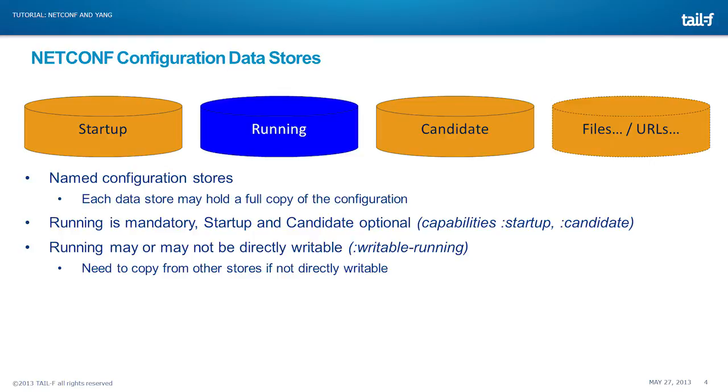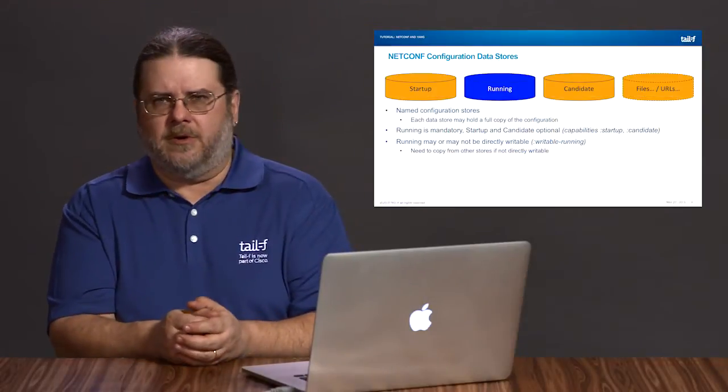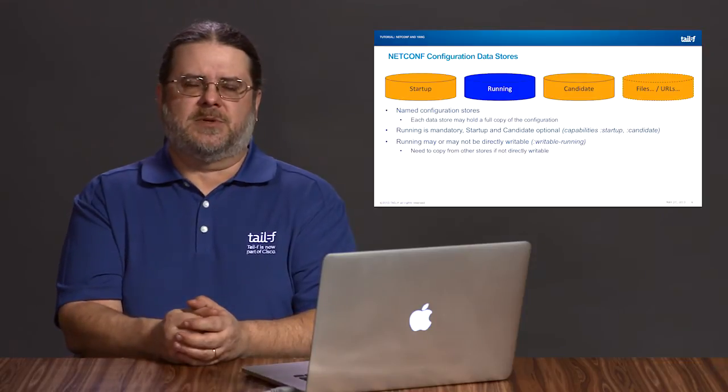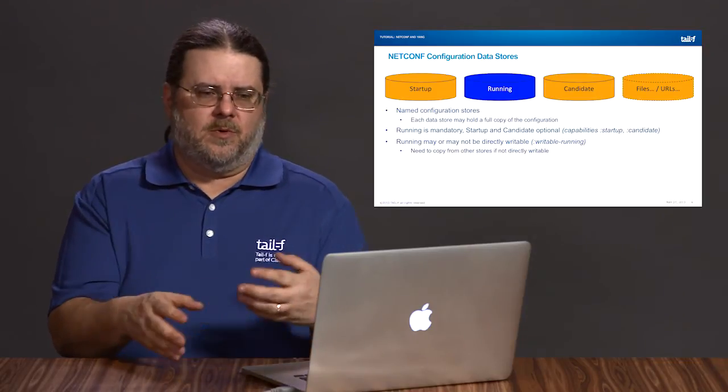Also, there's the concept of the running data store. Is it directly writable? If you have running and candidate turned on, can running only be written to via candidate? In other words, write to candidate, commit to running, or can you also write directly to running? When we see ConfD, we'll see later in a subsequent module how to actually work with configuring